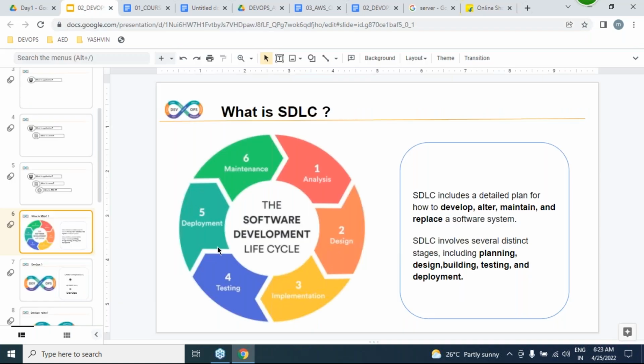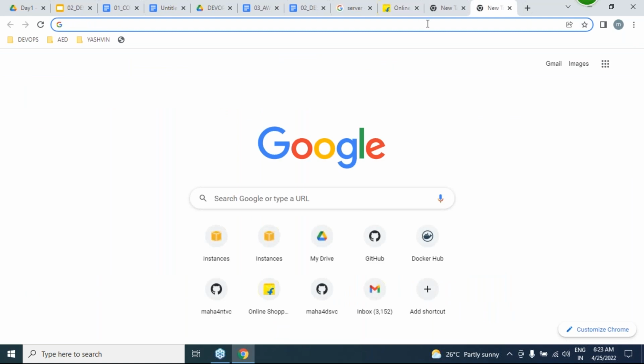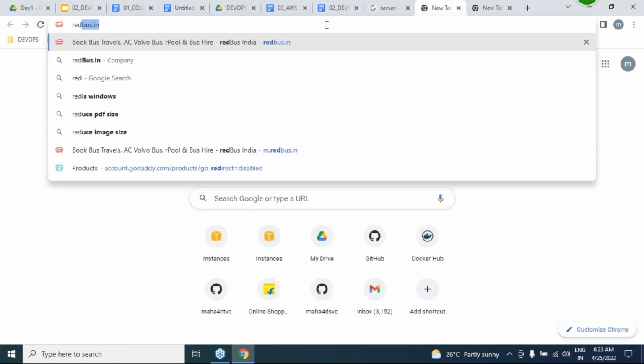In SDLC we have several stages: analysis, design, implementation, testing, deploy, and maintenance. By following these stages, we can produce software for our business, either Flipkart or Redbus or anything.